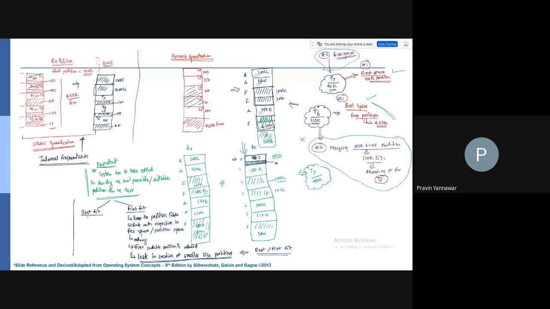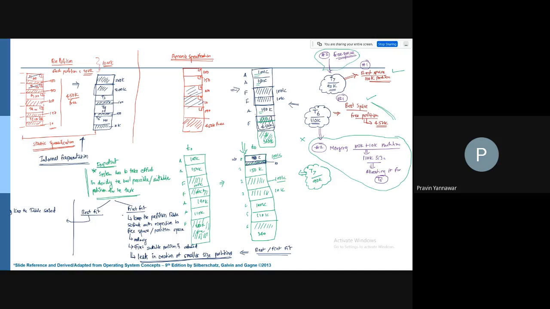Now, as far as best fit is concerned, the common point is that in case of best fit also, we are going to keep the table sorted.